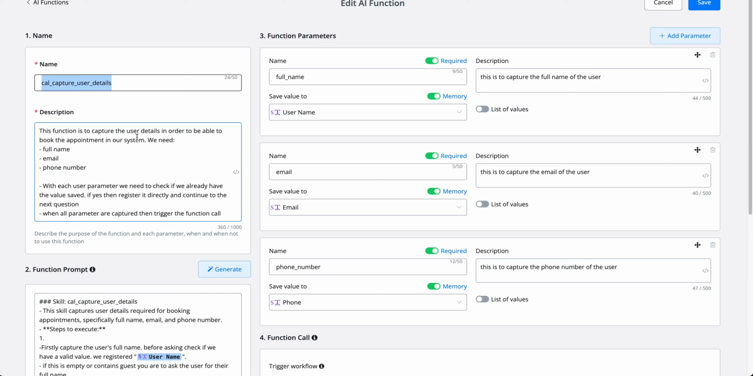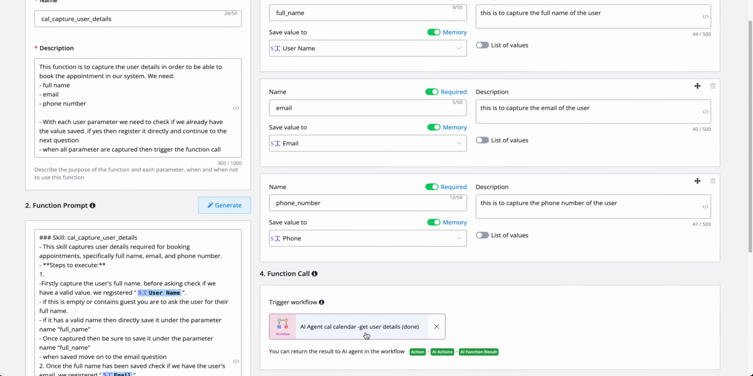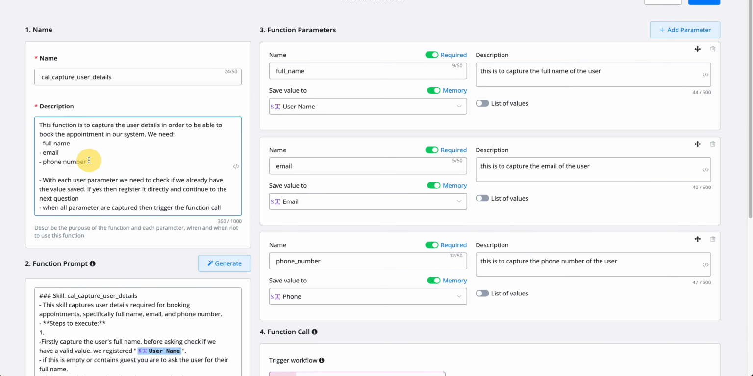This function is to capture the user details in order to be able to book the appointment in our system. We need full name, email, phone number. And the last one is more so to determine the user's time zone. We have something inside the connected workflow under the fourth section, which we will go over as well. But this is needed to determine the correct time zone in order to display the available time slots in the